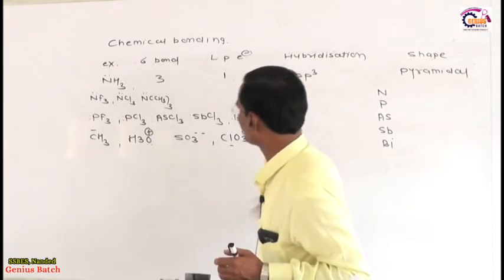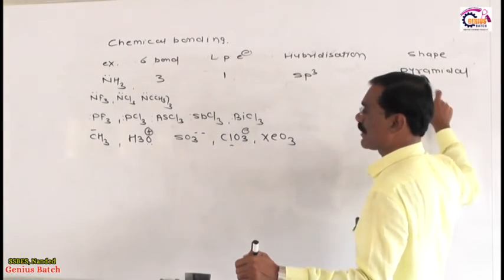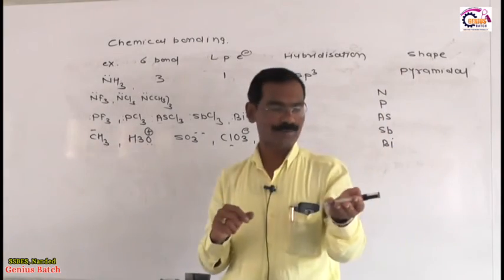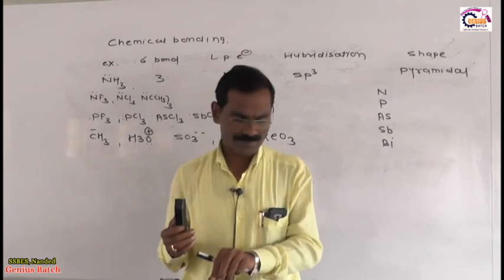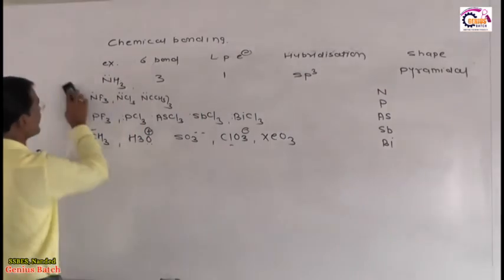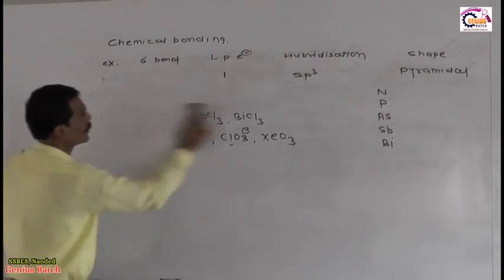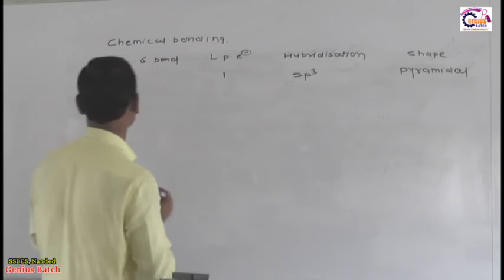ये सब जो एग्जाम्पल है, ये सब एग्जाम्पल का हाइब्रिडाइजेशन sp3 रहेगा, लेकिन ज्योमेट्रिकल शेप टेट्राहेड्रॉन नहीं रहेगा. ज्योमेट्रिकल शेप ऑफ दिस मॉलिक्यूल इज पिरामिडल. नाउ मैं आपके सामने लास्ट केस रिप्रेजेंट करता हूँ. Now I am representing in front of you the last case. Which is that last case? 2 sigma bond with 2 lone pair. So see what happened in this case.